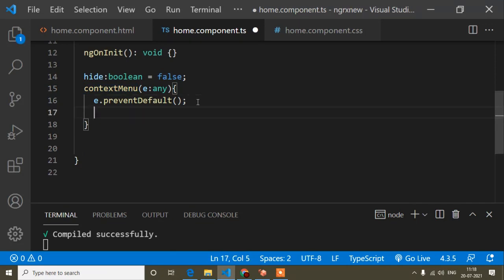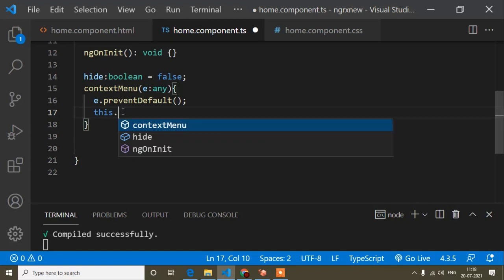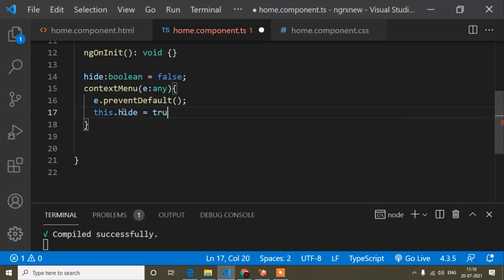So when this event will be fired, I will make this hide div true. So this.hide equals true, write this. So if I click, you can see the menu still appears, and now this is a custom menu, right? So this is done. Now guys, one thing, the first thing is when I left click from my